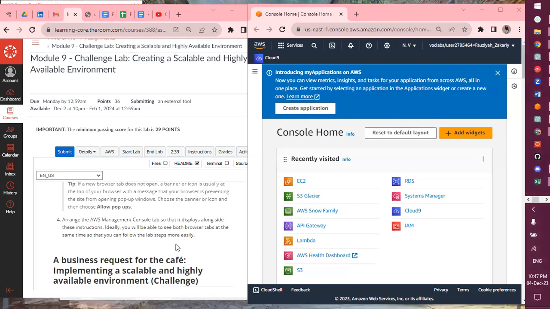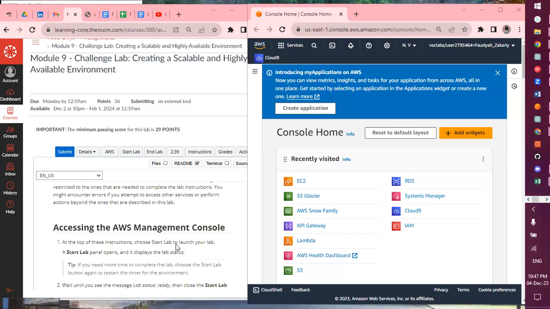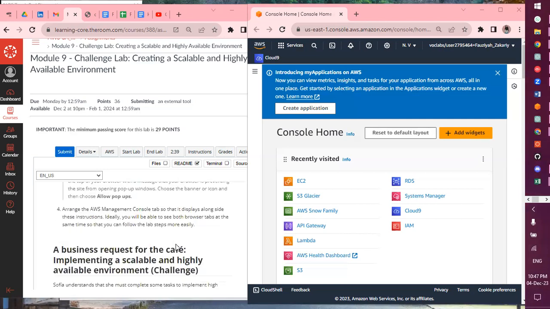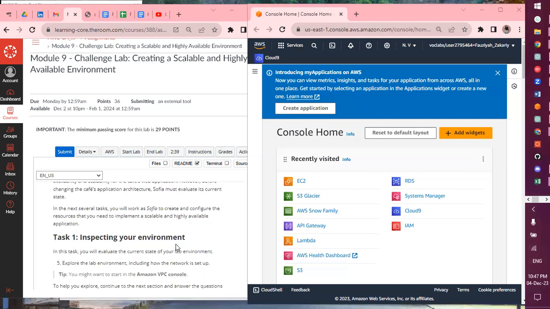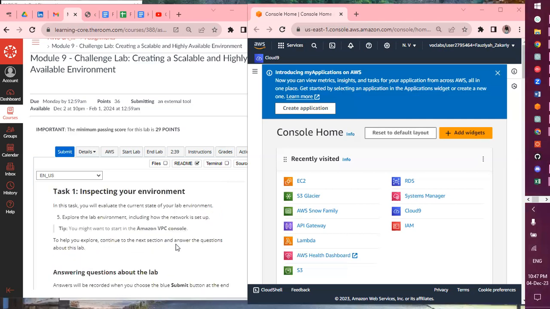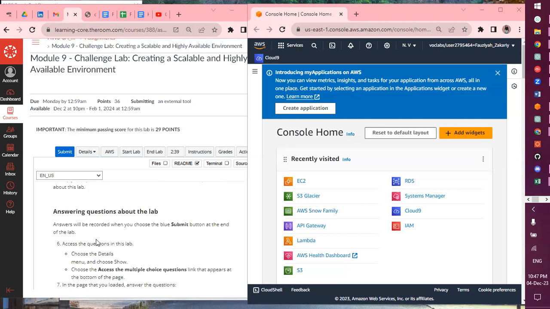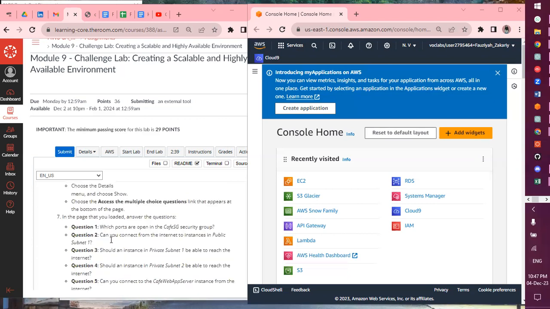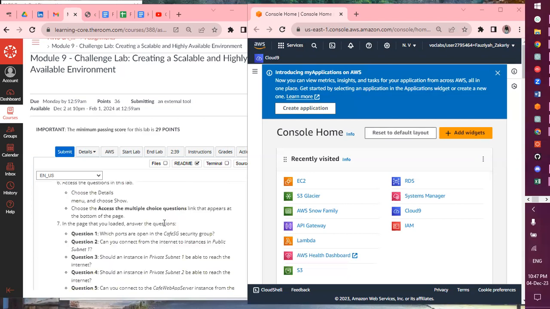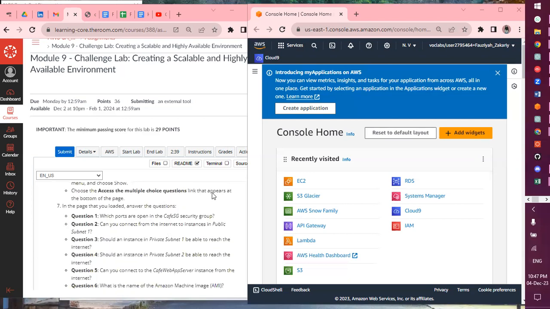So let's start. The first thing we want to do here is inspect our environment. And I really love this because it just helps you to understand how to check for some things in your environment. Of course, these are also going to be answers to questions. Now we want to know which ports are open in the Café SG security group. Even if they didn't tell us to go to VPC here, when you see security group, you should know that you're going to the